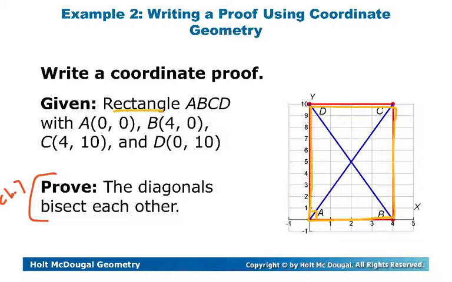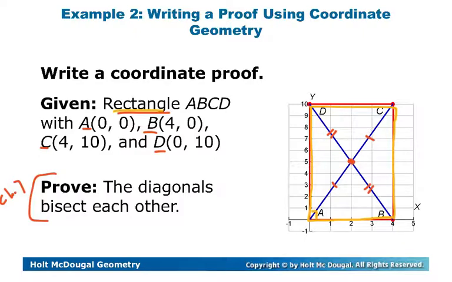So I would, for instance, know that this piece and this piece would match in length, meeting here at the midpoint, and then this piece and this piece match. So, again, the only thing given is that it's a rectangle, and then it has these coordinates. And so from that original starting point, we're going to go ahead and talk about proving the diagonals